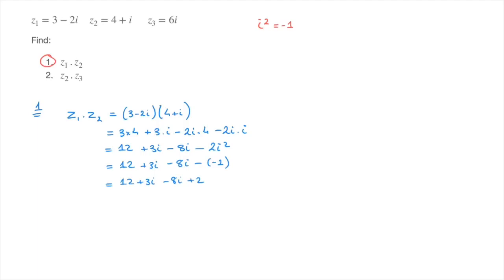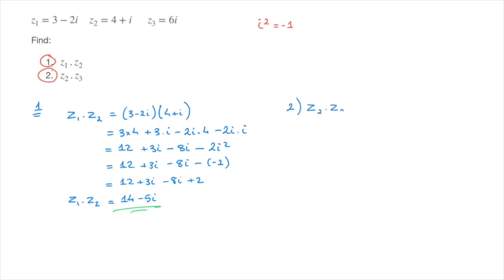Finally, gathering like terms, in other words, this 12 with this 2 and this 3i with this -8i, leads to the result z1 times z2 equals 14 minus 5i. And that's the answer. We now answer the second question, question 2, and in question 2 we need to find